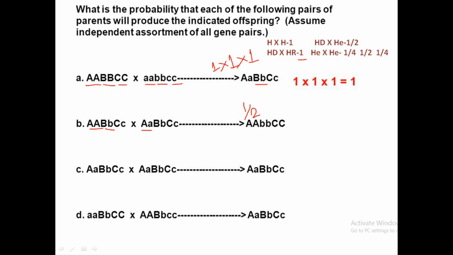Heterozygous into heterozygous, so we will get this kind of ratios. So small b, the ratio will be again 1 by 4, 1 by 4. Now capital C and capital C small c means heterozygous into heterozygous. The chances that we'll get capital C is 1 by 4. Let's see the answer. It is this.